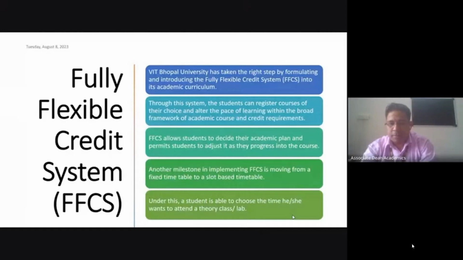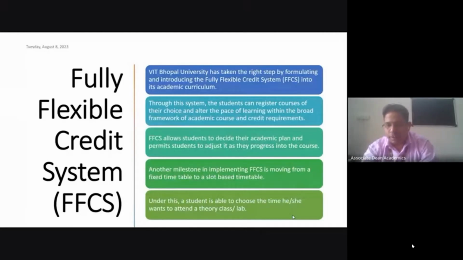For a particular semester, during the course registration process, you have to register the courses for every semester, and there will be a limit for every semester. You can register minimum up to 16 credits and maximum up to 27 credits. Within that limit only, courses will be offered, and you will be allowed to register within that limit only. Whatever number of courses are offered by your program chair, might be 20 credits or 22 credits, 24 credits, maximum up to 27 credits.